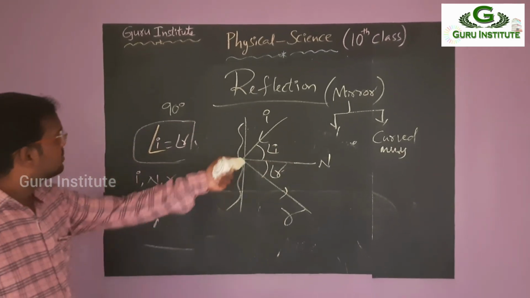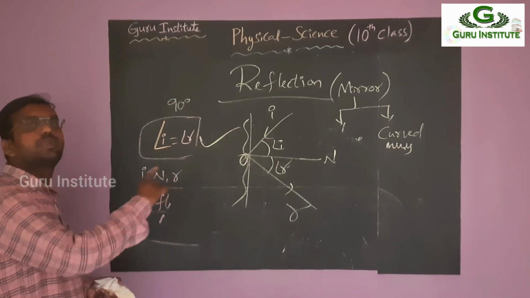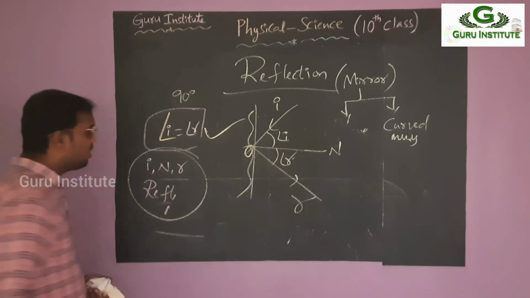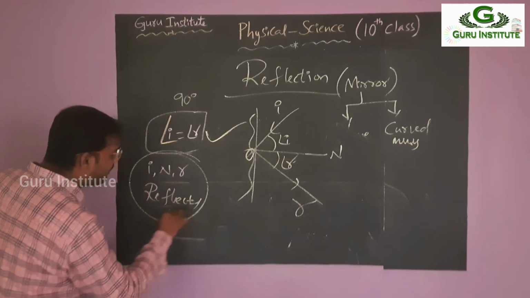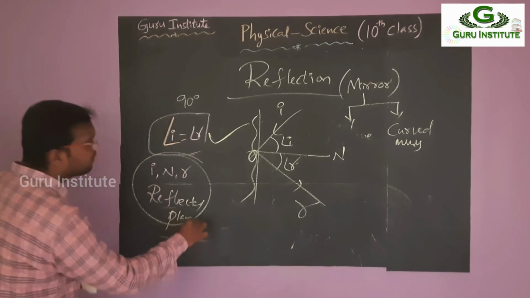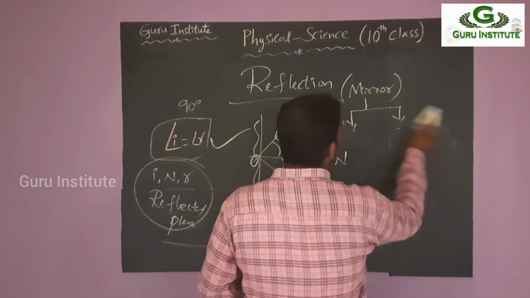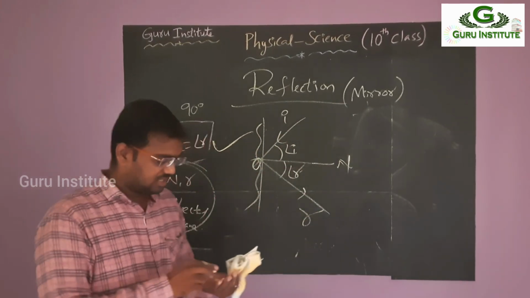Right? So from this one we can simply say that angle i is equal to angle r. That is the first principle, that is the first law. And i, n, r all lie on the same side. That is called the reflected plane. Okay. All these were discovered by whom? A great scientist. The scientist's name is